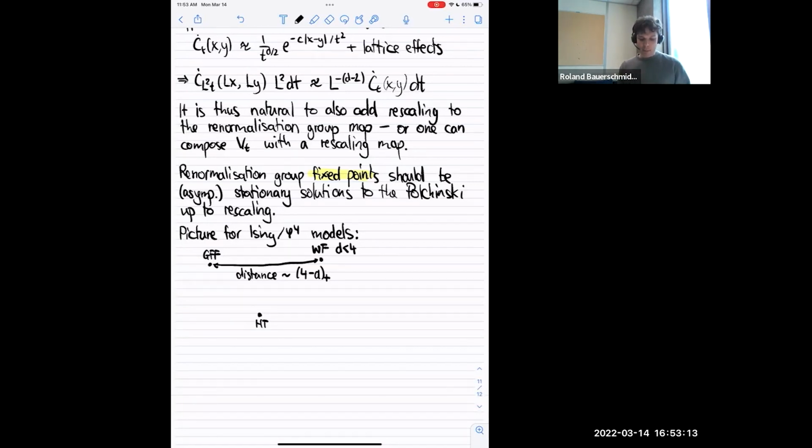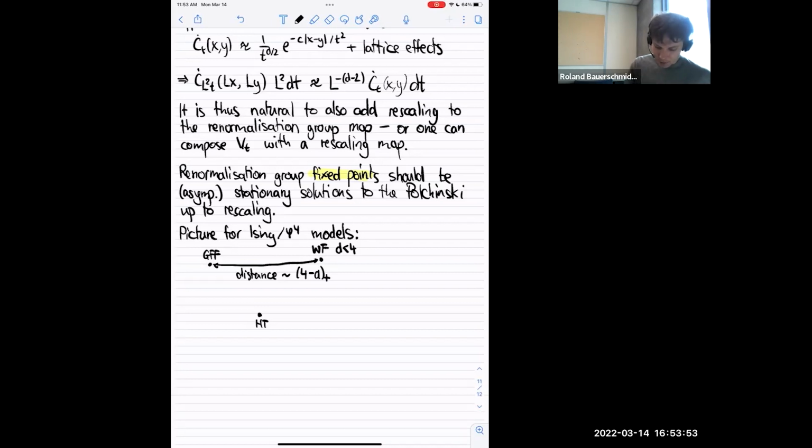the positive part. So if the dimension is 4, both fixed points merge into 1. So above 4 dimensions, there's only the free field fixed point left. In exactly 4 dimensions, there's a bifurcation point where the two fixed points come together, and you can see this in various properties of the 4-dimensional model, which is the critical dimension for these models, in terms of so-called logarithmic corrections. And if you go below 4 dimensions, you see the new fixed point appearing, and in particular, it's supposed to be there in 3 dimensions.